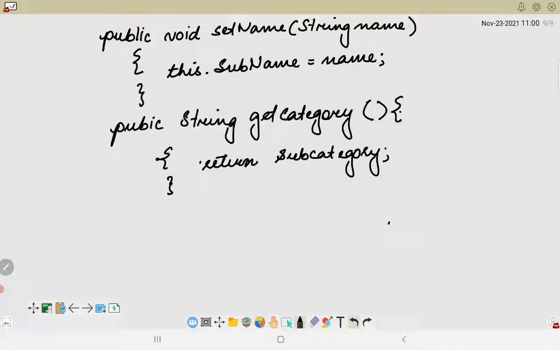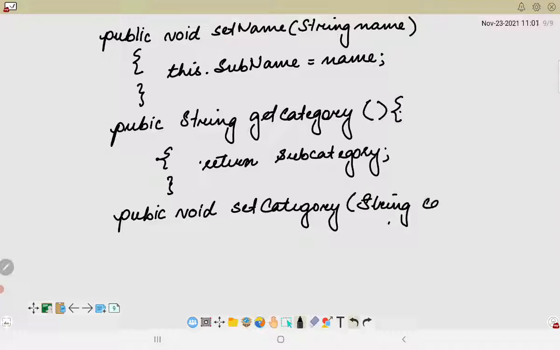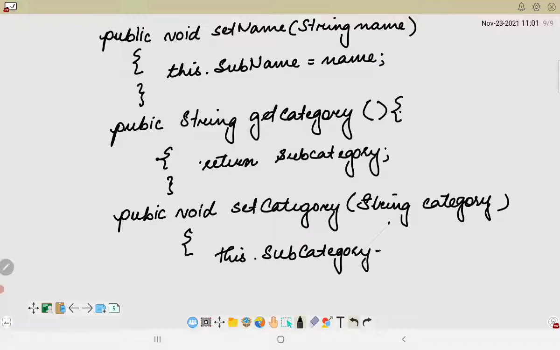For the setter, we will use public void setCategory, then string category, and here this.subjectCategory is equal to category.